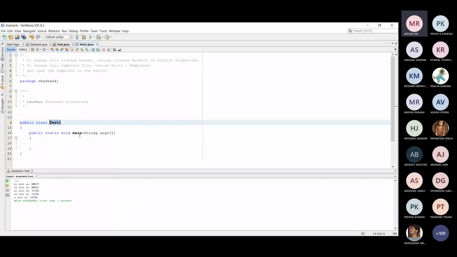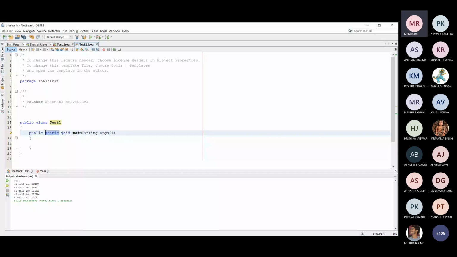Okay, so for that particular purpose, we need to put here the static keyword. If I write a static keyword here, now there is no requirement of the creation of object of test1 class. Main method can be called directly with the help of class name. So basically class name is given when we run the program. If I run the program with the help of Java test1, so basically the class name is given. So here the main method is invoked without the creation of object.